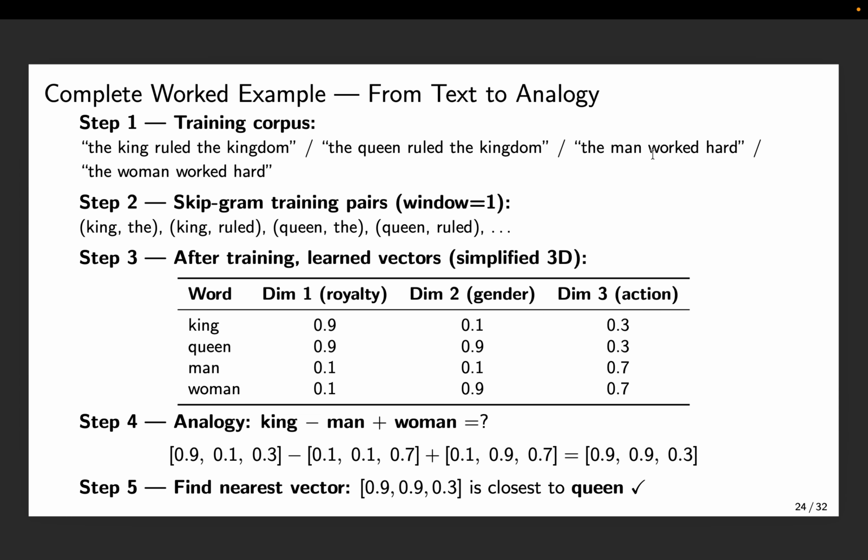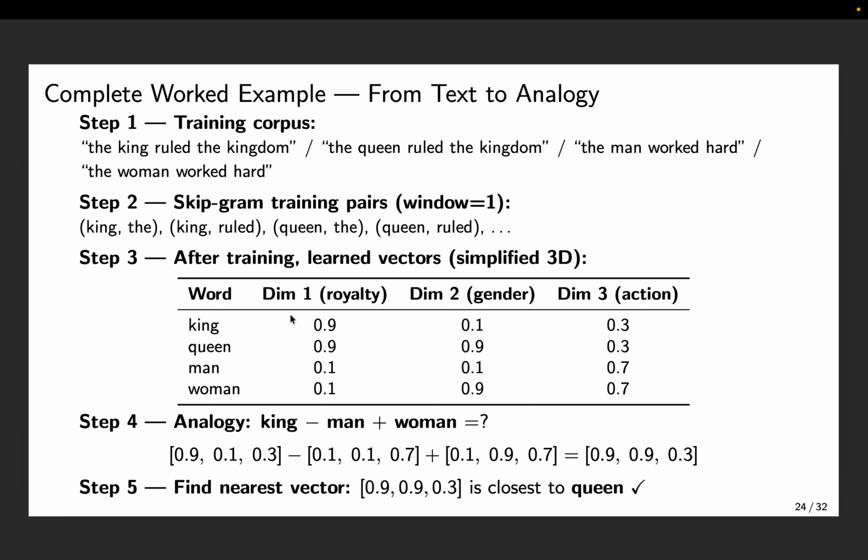The man worked hard. The woman worked hard. Now step two, skip-gram training pairs with window size 1. From the king ruled the kingdom, we generate pairs like king, the; king, ruled; ruled, king; ruled, the; and so on, for all the sentences. Notice that king and queen get